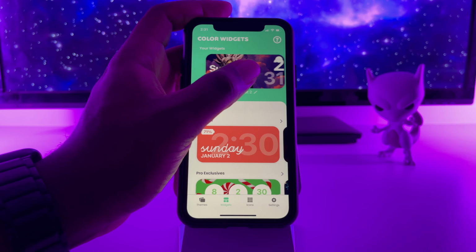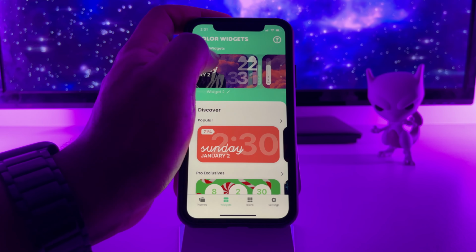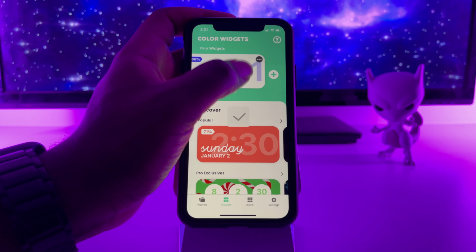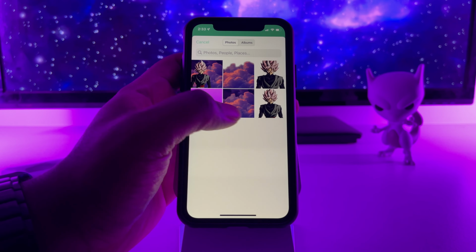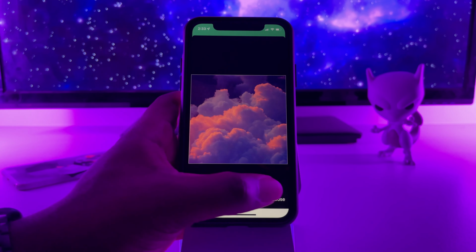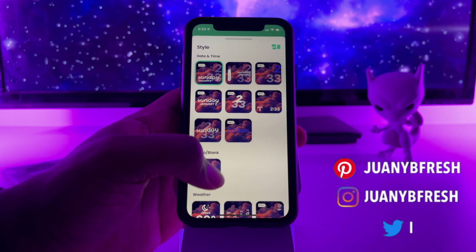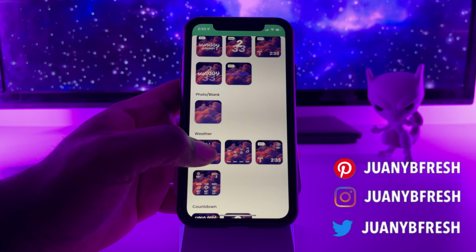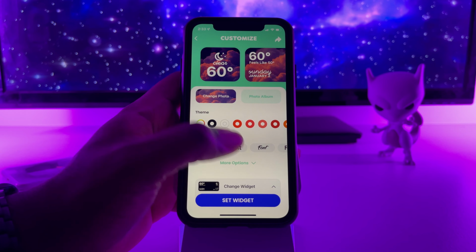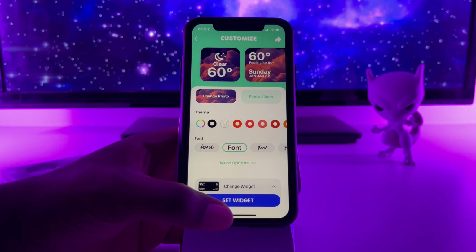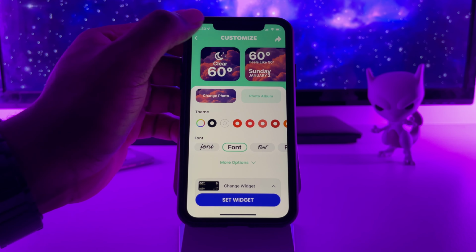So now I'm going to go back and add another widget. Oops. Plus sign, another one pops up. So I'm going to go ahead and click this one, hit add photo, make it the clouds, and then scroll down and hit change widget. And this one we're going to have the weather app, so we're going to use this. And then I'm going to change the font just to stay consistent. So hit this font. That looks good. Hit set widget, and I'll set it as widget number 3. There we go. We go back,